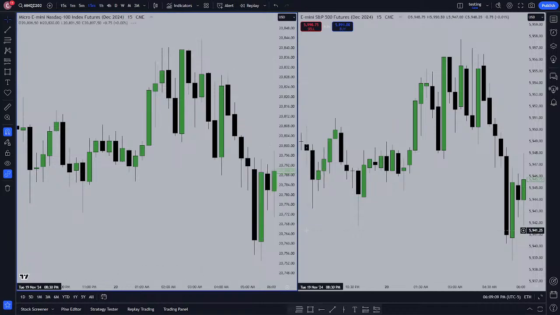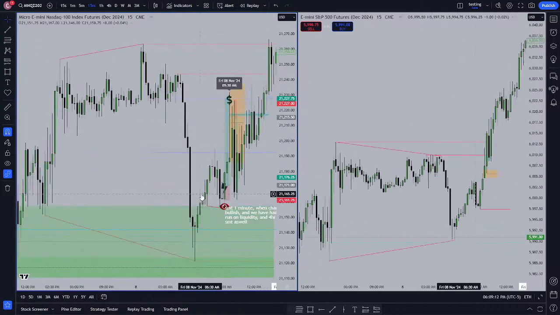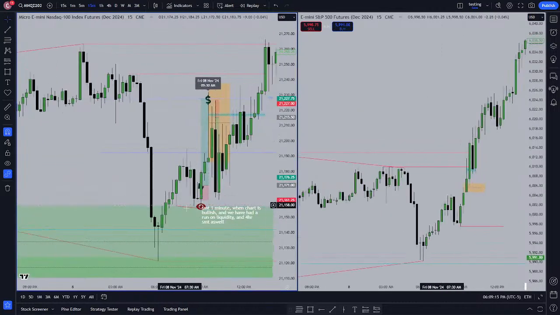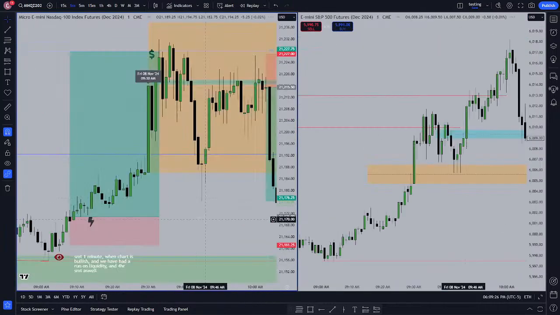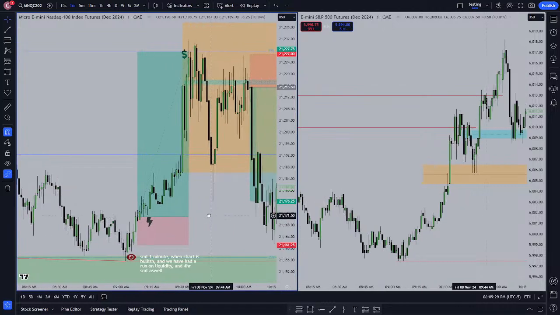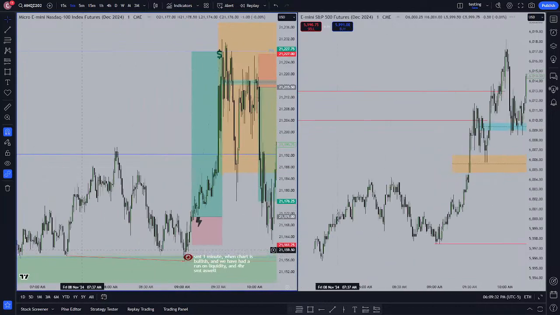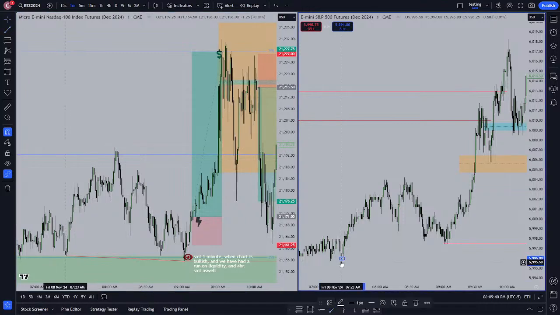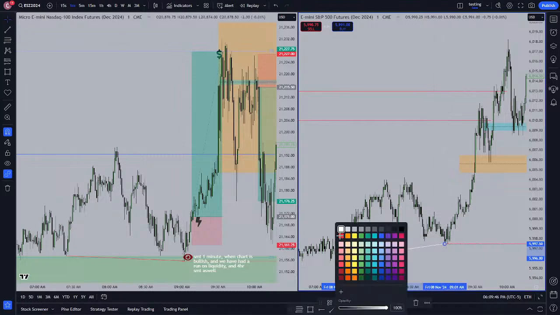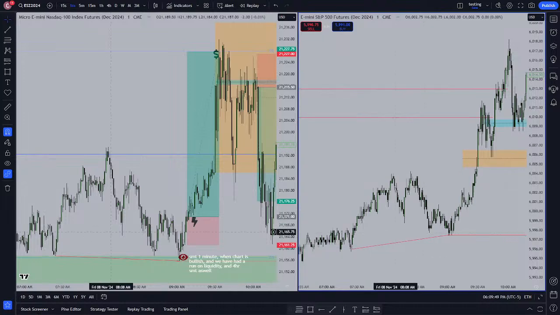15-minute, kind of the same thing. You have this, then you have another SMT here on the 15-minute, and you have these, and these, and I'm going to go on the 1 minute and explain them all right now. Explain the possible trades I had. Okay, so we have an SMT here, there. I don't know why I didn't have it here. So we have an SMT there,